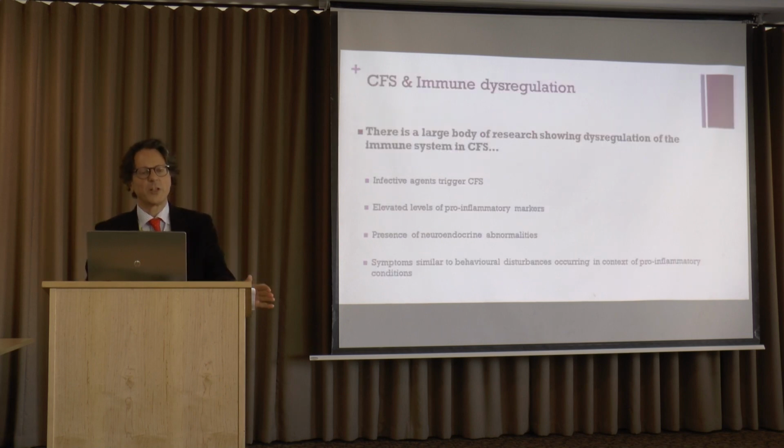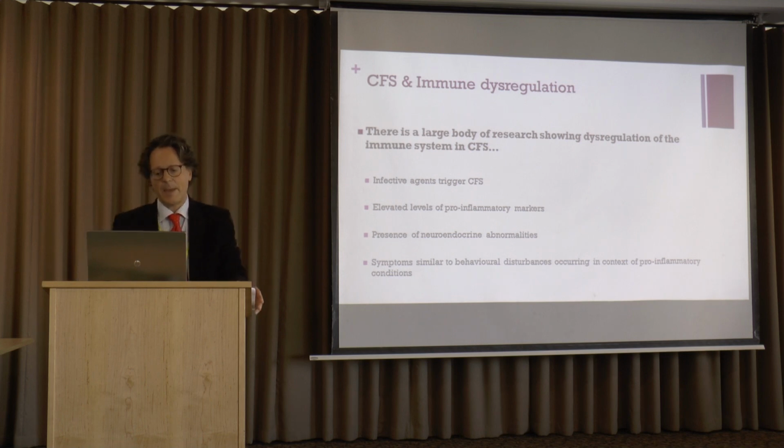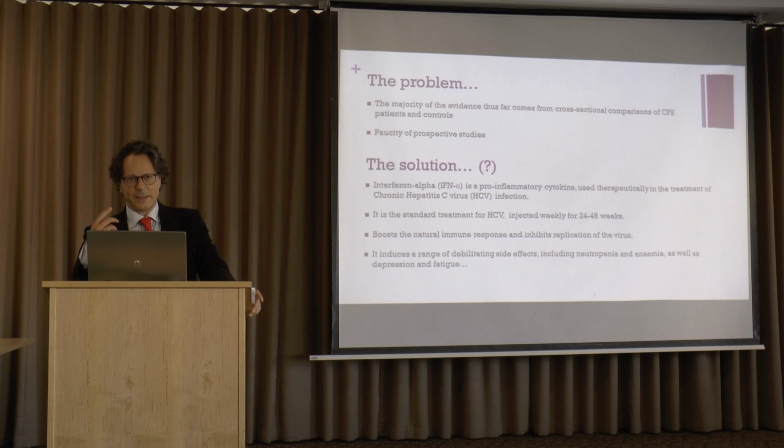So as I said, there is quite a lot of evidence. Of course, we also have the paper from Montoya that was recently published, but with evidence sometimes not clear or not consistent about immune dysregulation at the time of the diagnosis or at the time of the clinical illness. But the problem we have had is this cross-sectional analysis. So the solution that we are proposing here is to use a clinical model, a naturally occurring clinical model, which